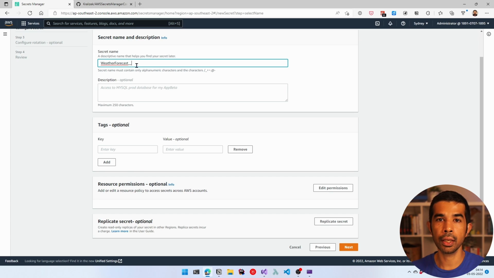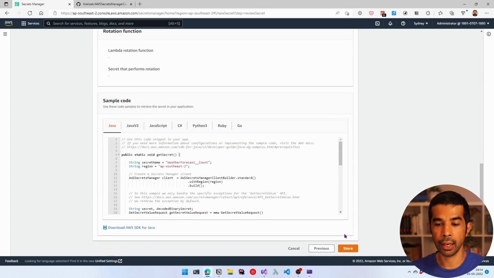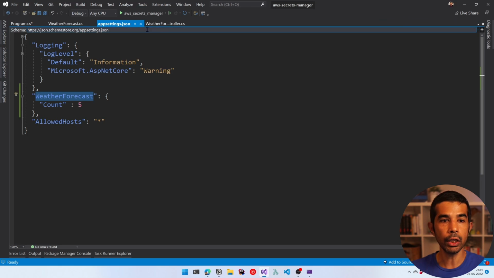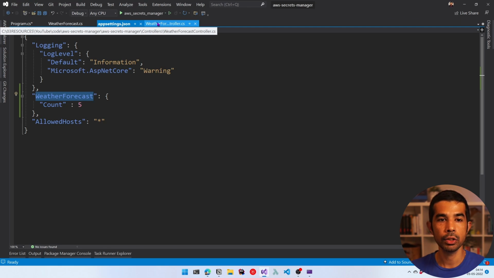So we will be using double underscore, and we can specify count as the sub property name. So let's click Next and click Next and then Store. Now this creates a new secret inside our AWS Secrets Manager. Coming back to our application, we need to do a slight remapping so that this name maps to the configuration